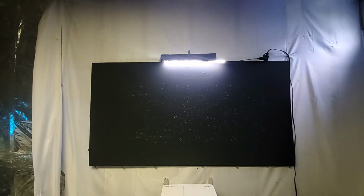My projector sitting here is an NEC UM361X projector. And this projector has a 4,000 to 1 contrast. It doesn't require 2 million to 1. Doesn't require 10 million to 1. Doesn't require 20,000 to 1, 10,000 to 1. Doesn't require any of that, due to the fact that the technology we're using here, which we call the mother of all screens,